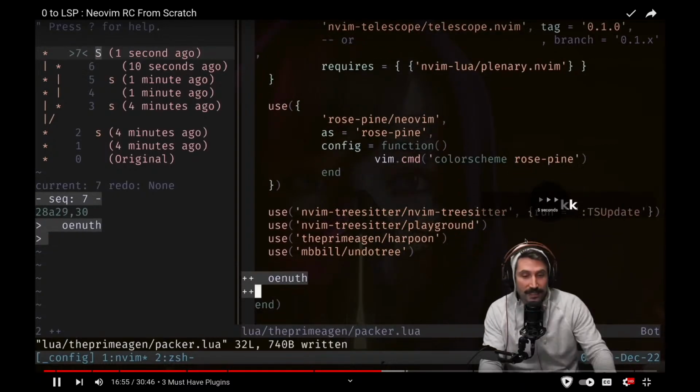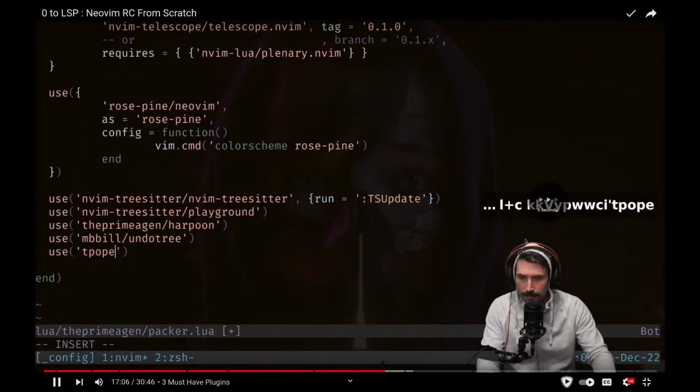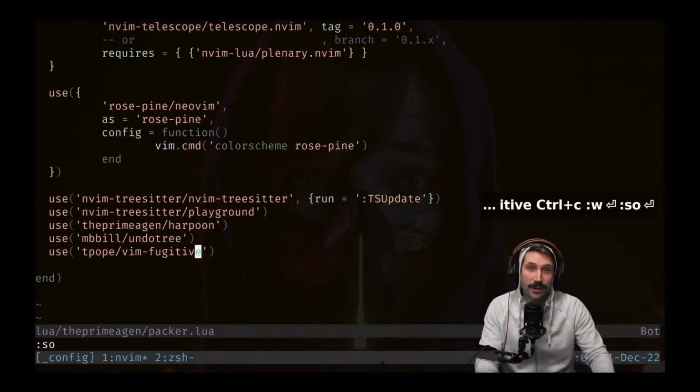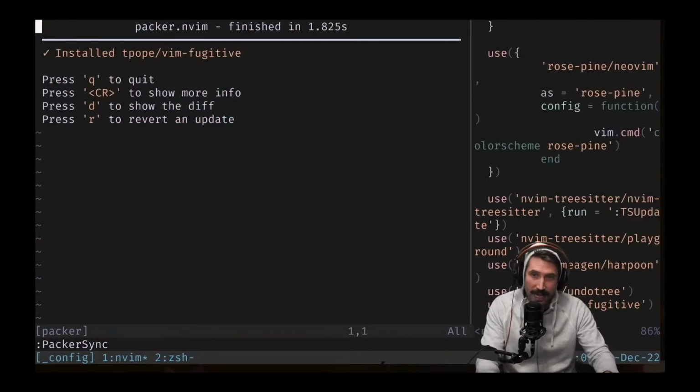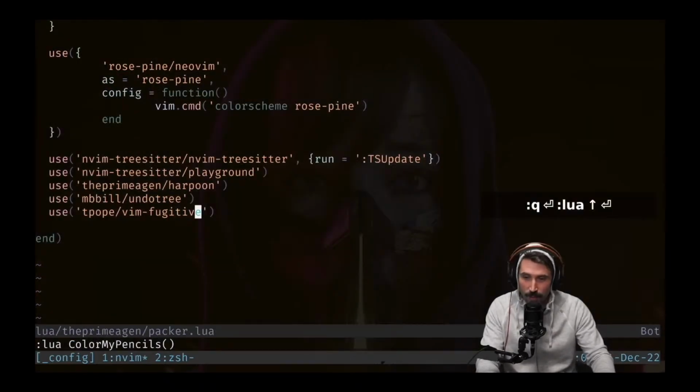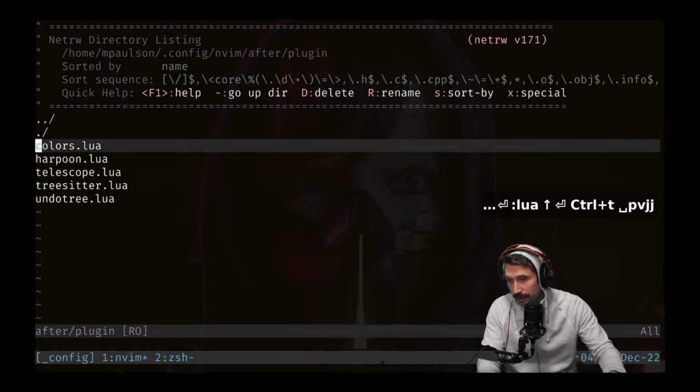So if you ever, it's very fantastic. Just Pope Vim Fugitive. I know the URL at this point. Shout it out. Packer sync it. We have Fugitive. Again, get the waifu back. Jump over to Harpoon. Create a new